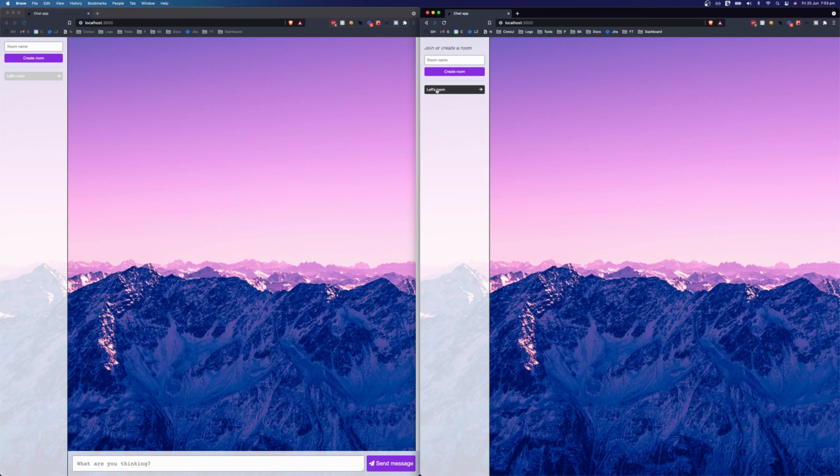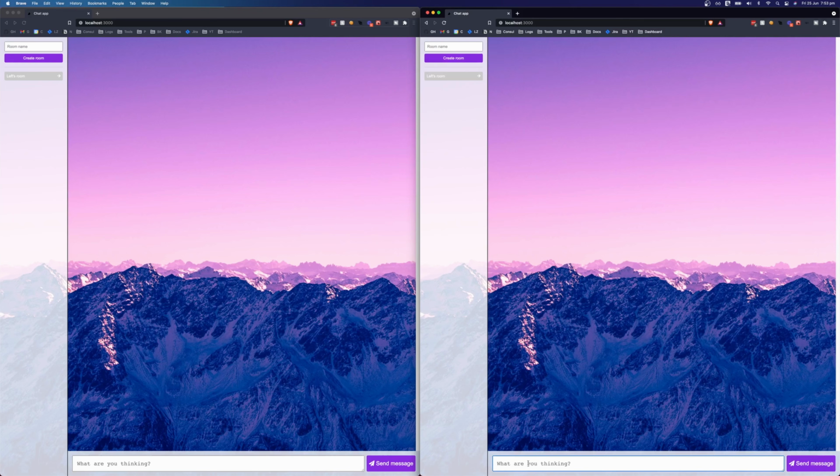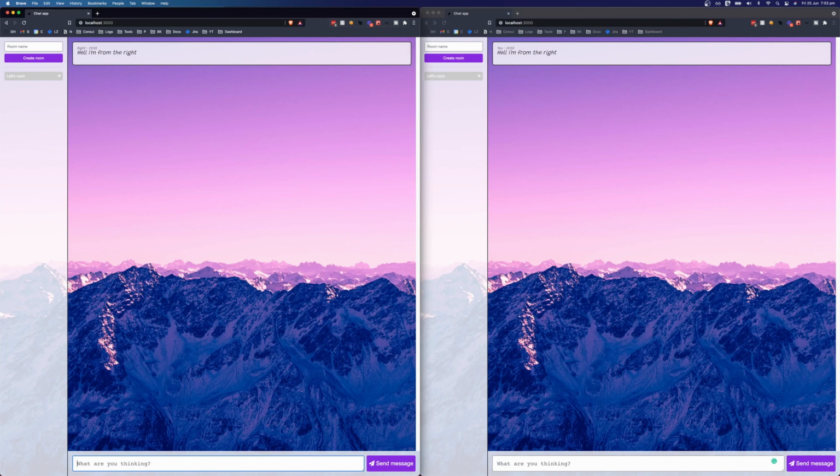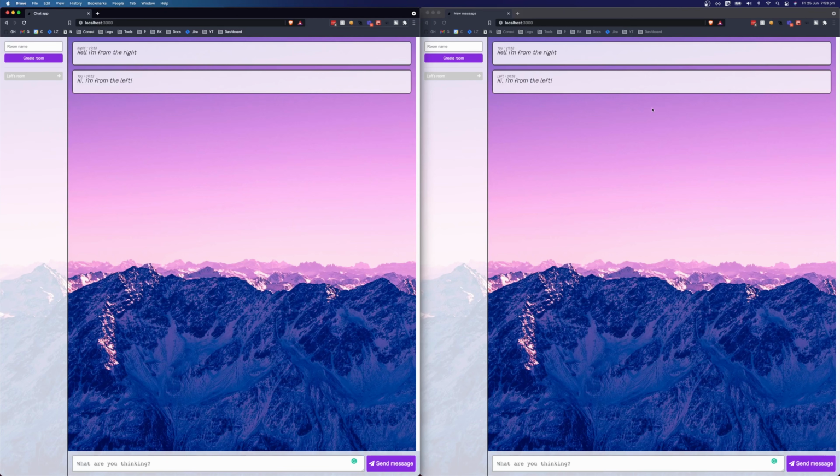We can join the room on the right, and the right can send a message that says, "Hello, I'm from the right." Send the message, and you can see it comes up on both sides. And if we say, "Hi, I'm from the left," we can send a message, and the message gets sent to